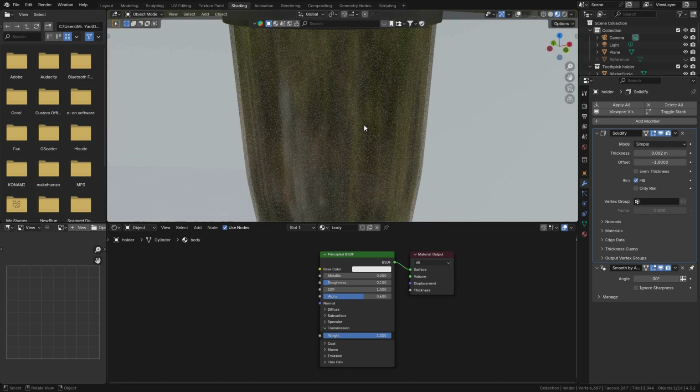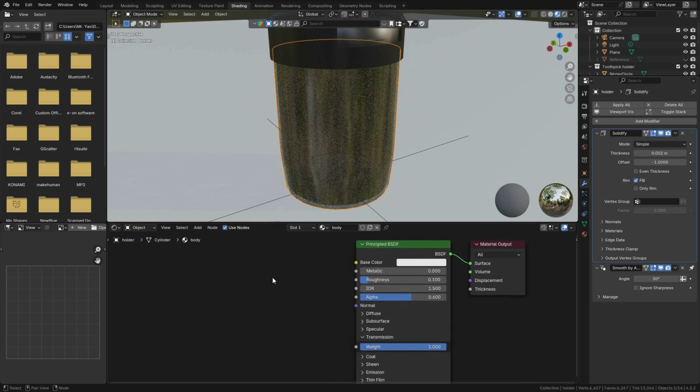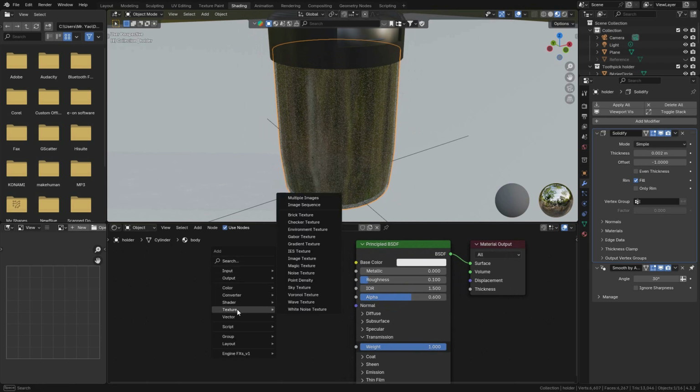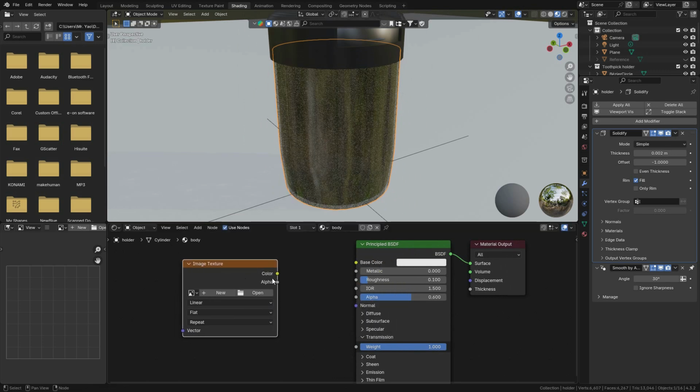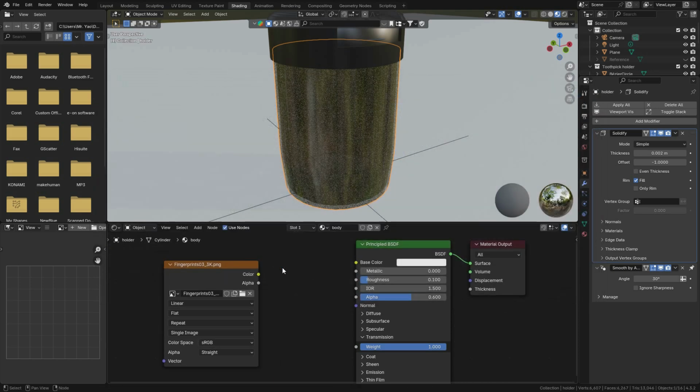So what you are going to do is, with this selected, we are going to plug in the image texture to roughness. So we'll press Shift A, go to texture, then image texture. Alright, then I want to open an image, go to my surface imperfections, then I'll choose one, open image. In case you don't have